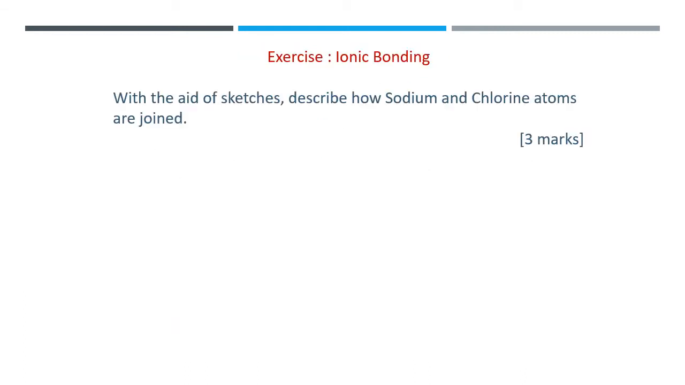Let us take a look at an exercise in ionic bonding. With the aid of sketches, describe how sodium and chloride atoms are joined together. In this exercise, you should first sketch the bonding between sodium, or natrium, and chloride. So you have to take a look at their number of protons first, and before you draw,